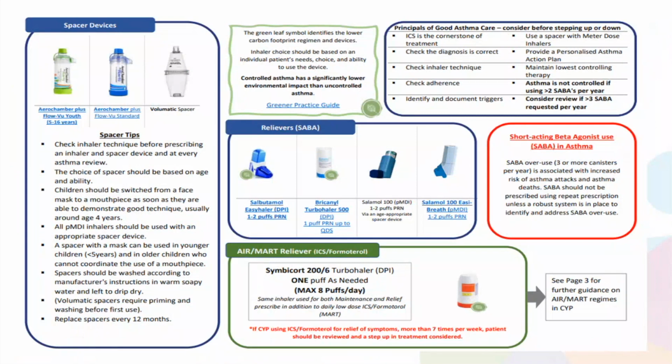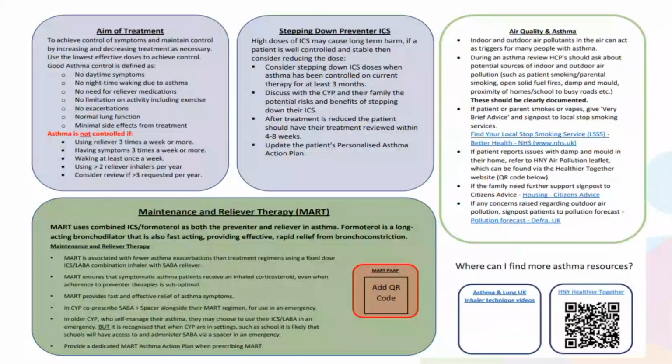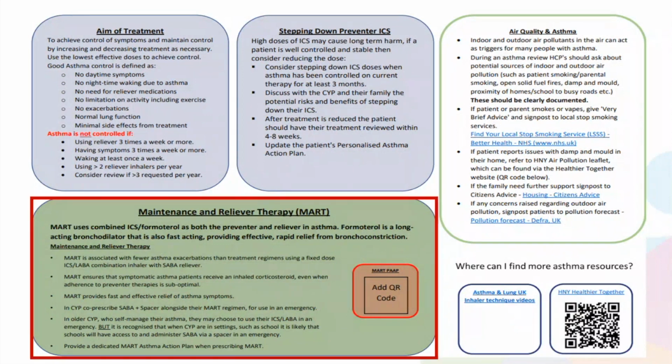This page, again, similarly to the 6 to 11 guideline, just includes some tips and hints on spacer devices and management, gold standard or good asthma care principles. And again, in this age range, if you're using a PMDI, a spacer must be used, and where possible, it must use a mouthpiece rather than a mask. And then the final page of this one, again, we have some tips on treatment aims, stepping down and air quality, but I just want to pay attention to